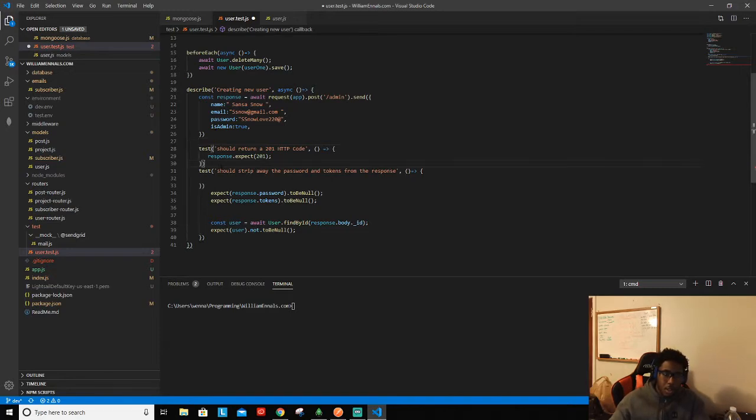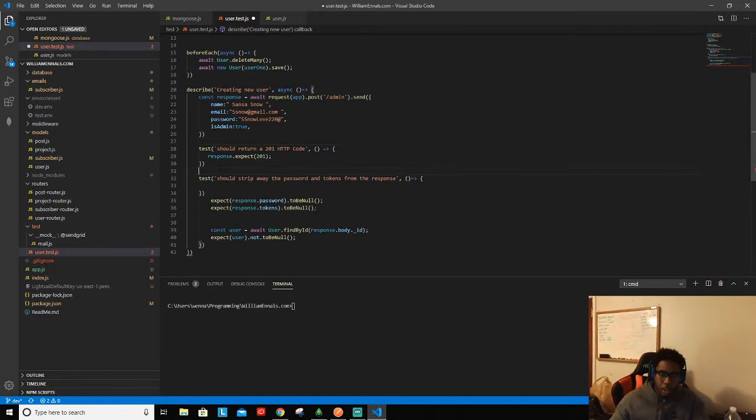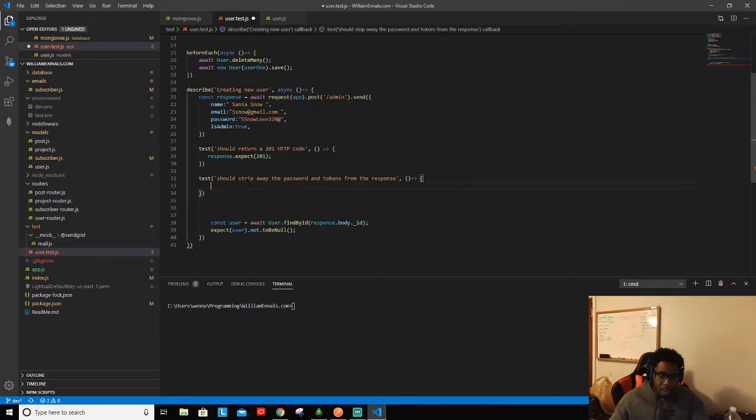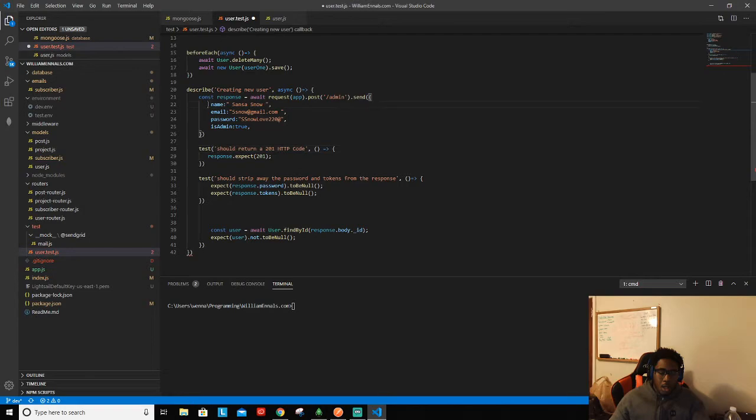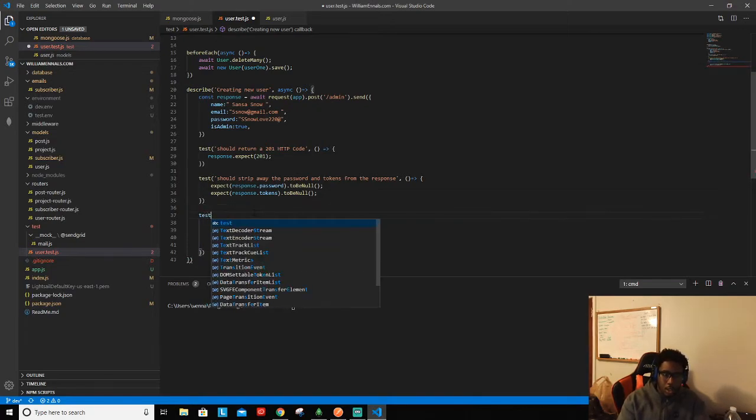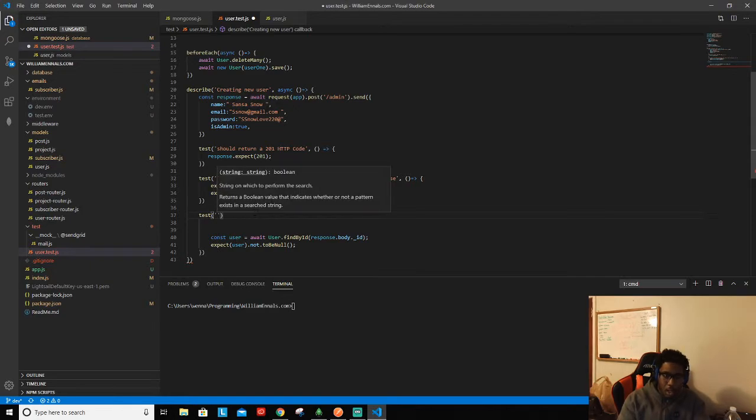I mean, you can break it up and you can write it out however you want. I just like it like this because look how easy it is to read this. Describe, we create a new user, we create the user here, and then now in each test we're just testing each individual piece. So now we're not testing everything as one whole, and then you're looking at it and you're just like, oh, okay, you have a bunch of stuff to look through. And then we should say